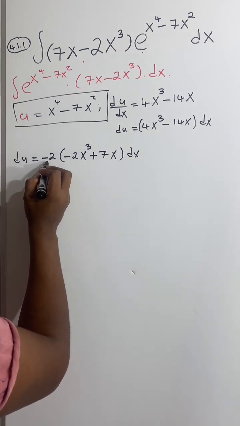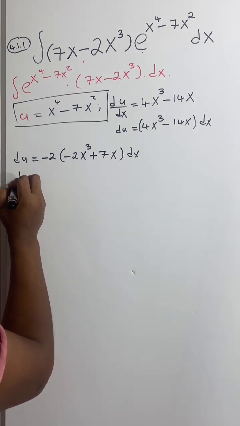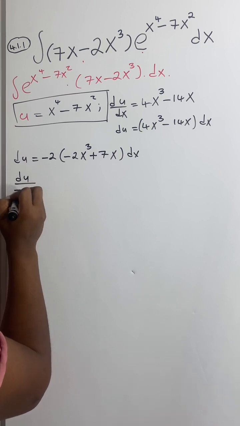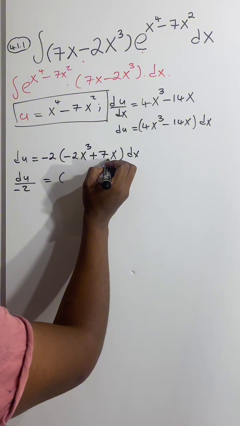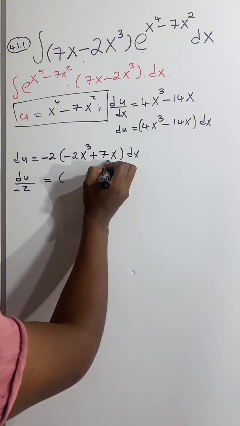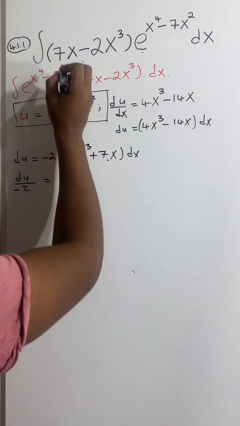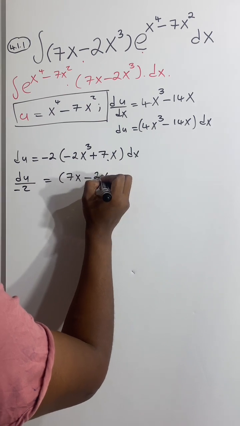We divide both sides by negative 2, so du over negative 2 will be equal to negative 2x cubed plus 7x dx. But let's choose to write the 7x first, like they did there, minus 2x cubed